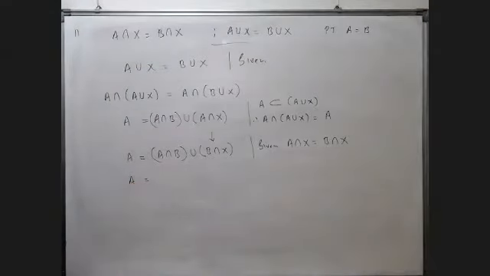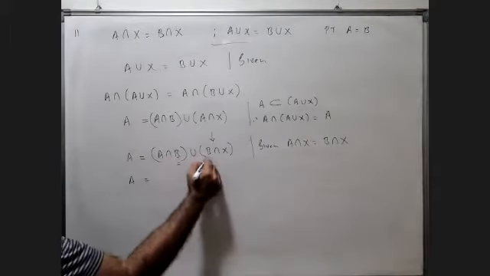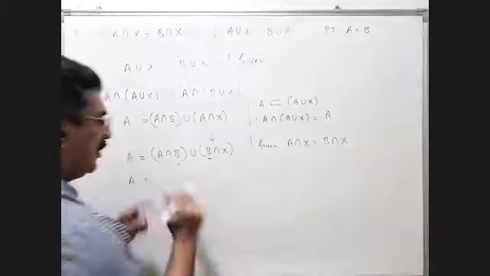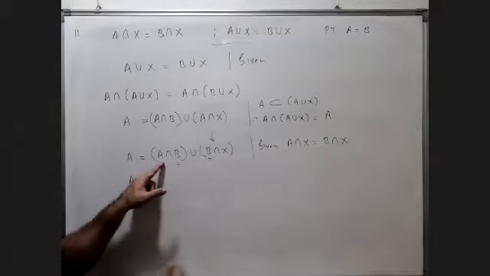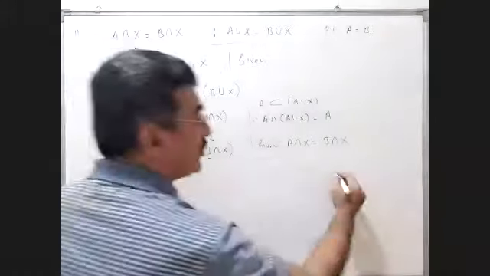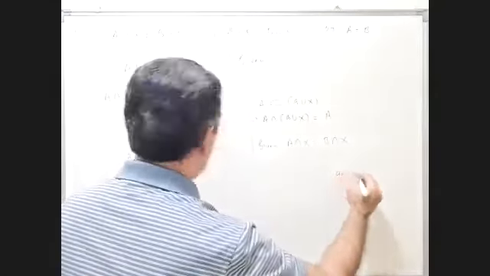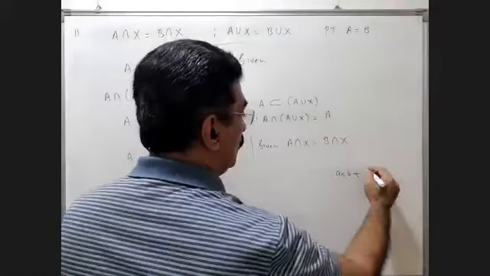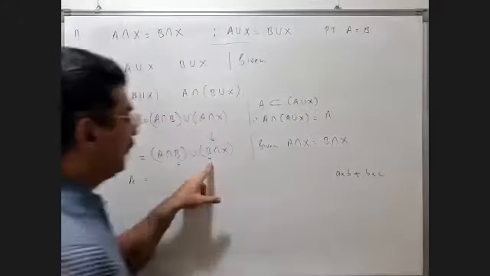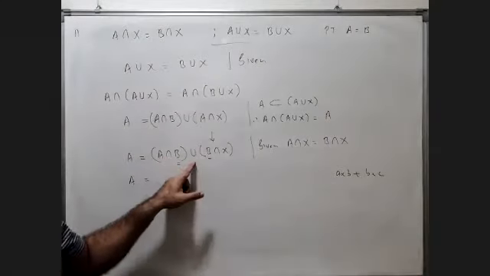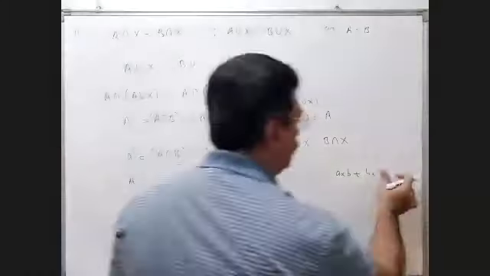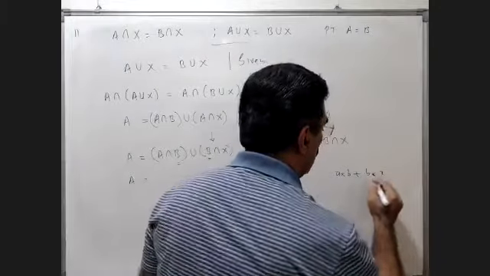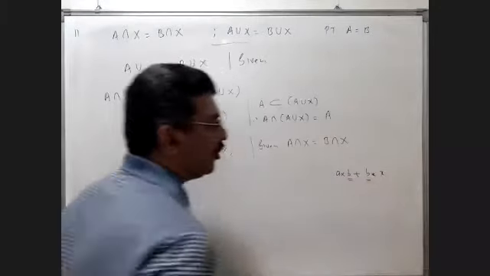A is equal to... now, taking B common. Again, if you have doubt, remember it. Intersection stands for into, so A into B. Union stands for plus, so A into B plus B into X. In an algebraic expression, if we take this B common,